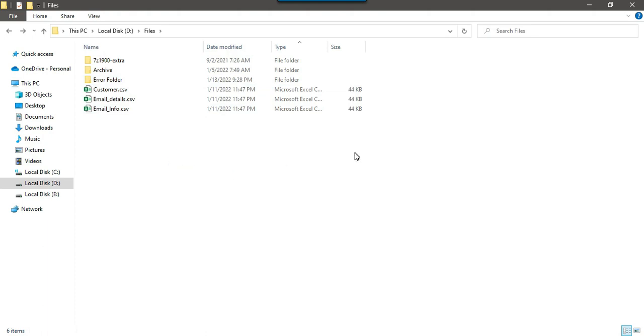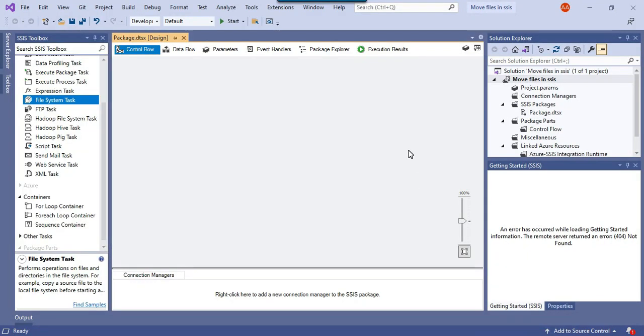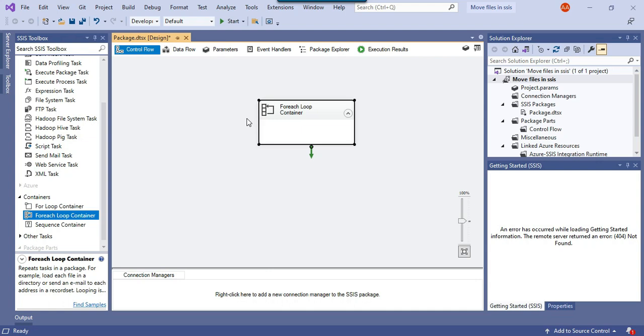So I will be using the file system task to move the files from this location to the error folder. Let me open the SSIS package. This is my blank SSIS package that I will be using today to move the files. Because we want to loop through multiple files and then move them, we will be using the for each loop container. So let me drag and drop the for each loop container into the control flow,